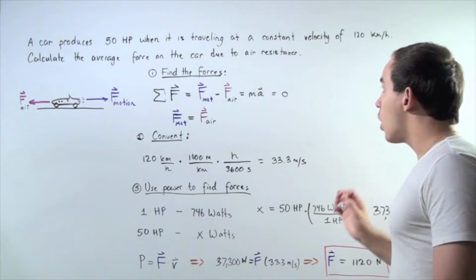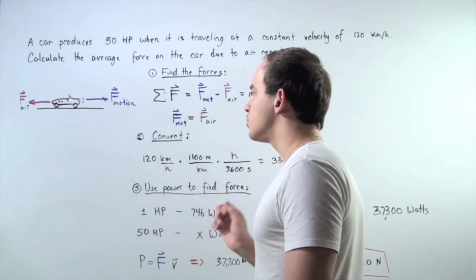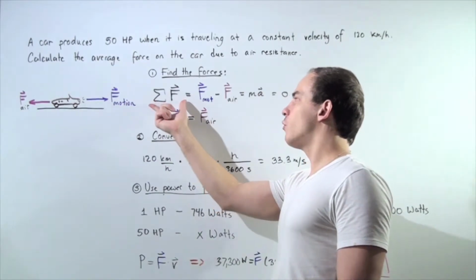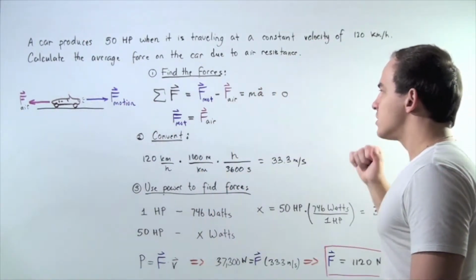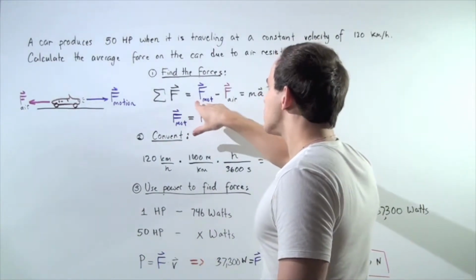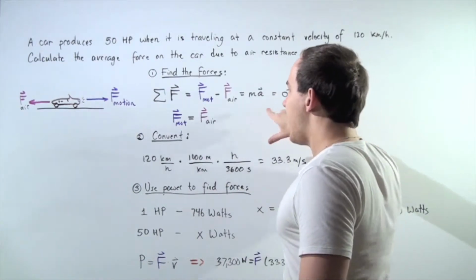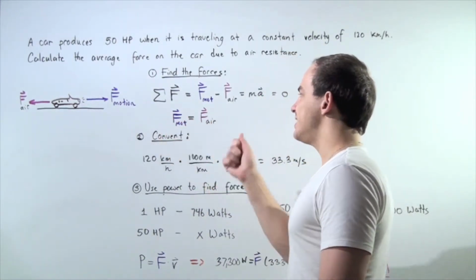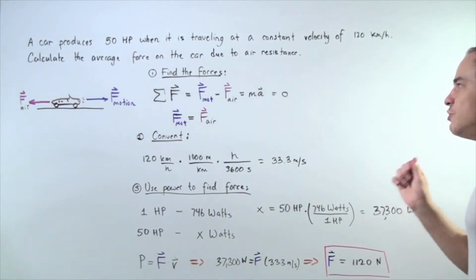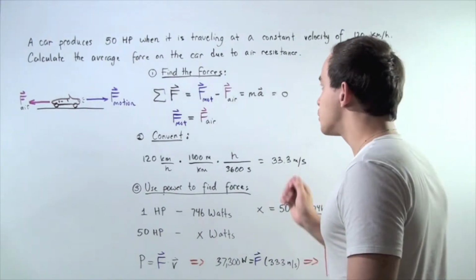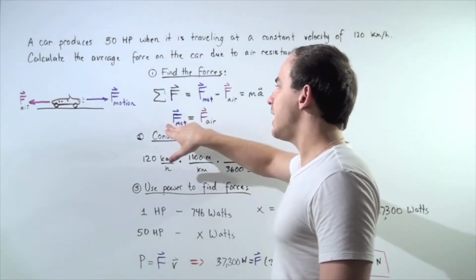So because our car has constant velocity, that means it has no acceleration. So if we sum up all the forces acting on the car, that sum should equal 0. So we find that the force of motion minus force of drag is equal to 0, and we find that the force of motion is equal to the force of drag. So, in order to find the average force due to air molecules, we have to find the force creating the